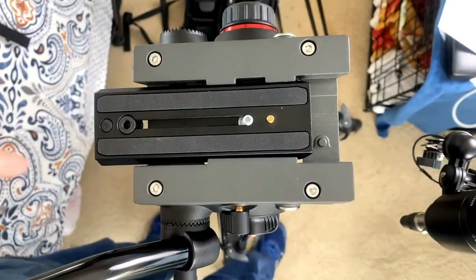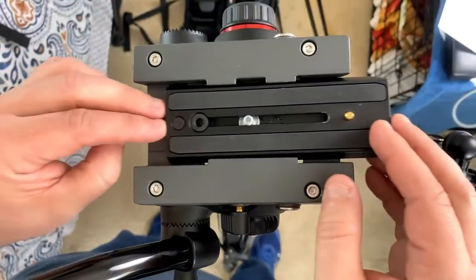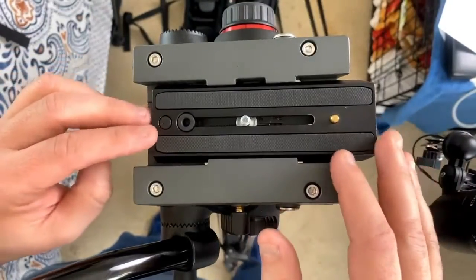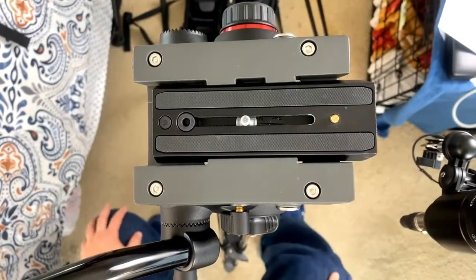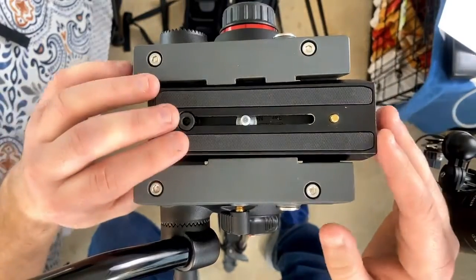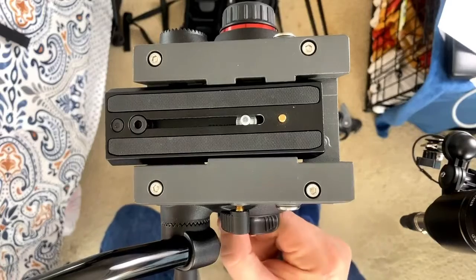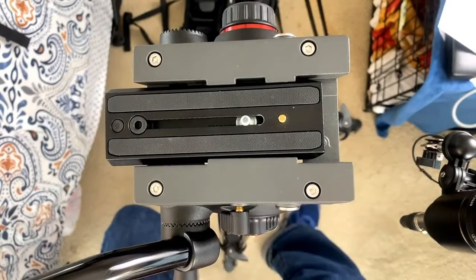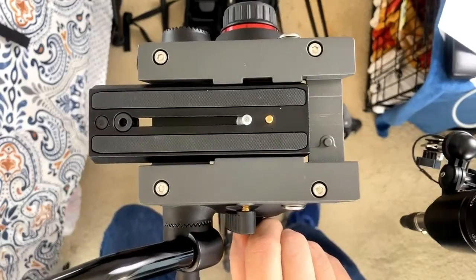The reason that this happens is so that when you have a camera put on the tripod, you can adjust the position of the camera forward and back in order to adjust the counterbalance of the camera. So if you have a camera that's sort of heavy in the front because the lens is sort of heavy, you might move the plate to the rear so that it balances out, so that when the head is unlocked, the camera stays level and doesn't pitch forward or pitch back because of the weight of the